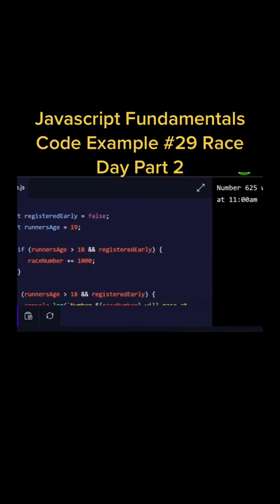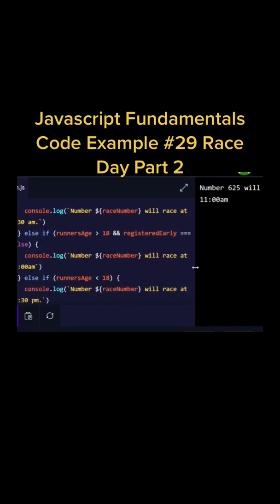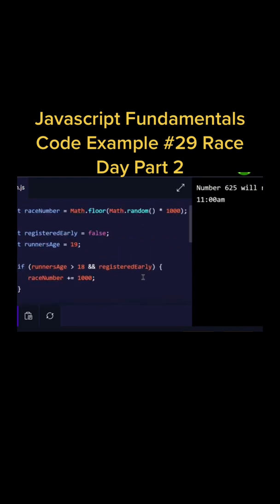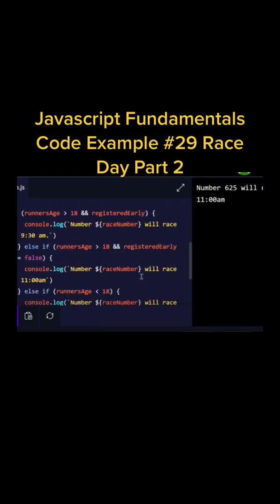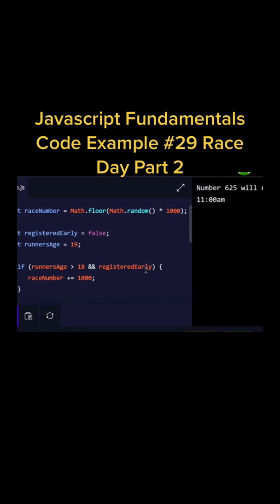Okay, so don't forget about runners exactly 18 years old. Add an else statement that logs a statement to the console telling the runner to see the registration desk. Okay, so this is correct. As you can see, the program is running correctly and to the specifications of the instructions. As you can see, I started with the variable